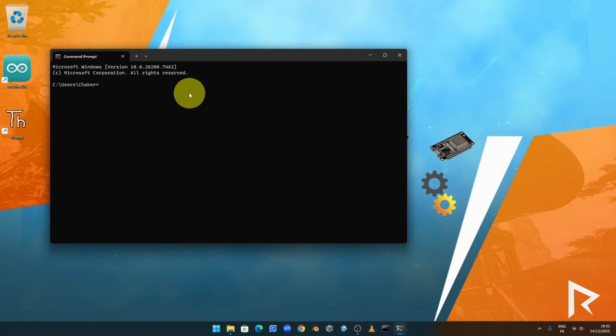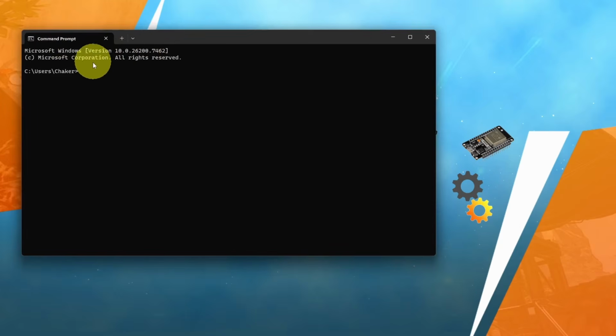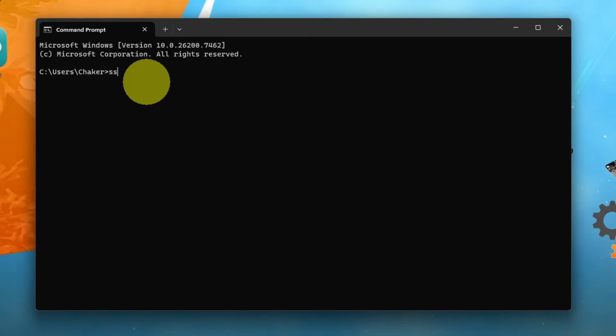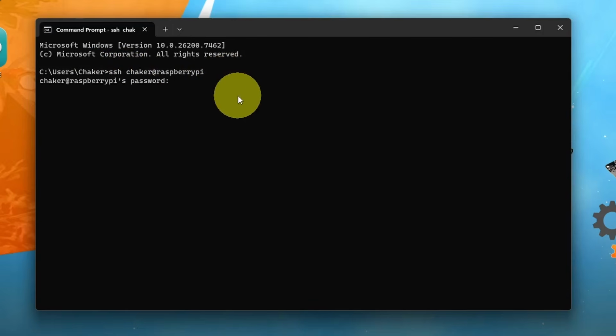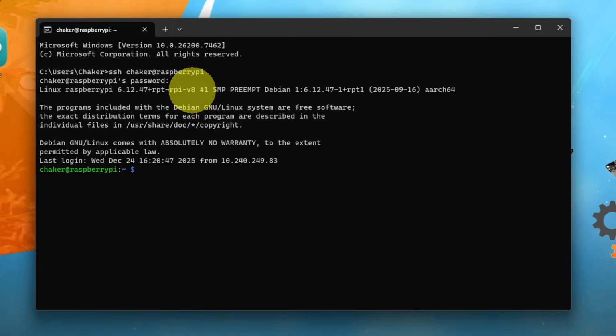We can control the Pi using the command prompt from our computer through SSH. Then the name, I have set it to Shaker. Next we add @ and the host name, which is raspberrypi. If you don't know what I'm talking about, make sure to check out my second episode. We've seen how to control the Pi remotely using the command prompt. If I hit enter, we're gonna pass in the password. I'm gonna put my own, and if you hit enter, you will be able to control the operating system from